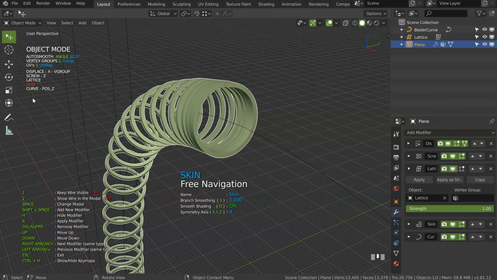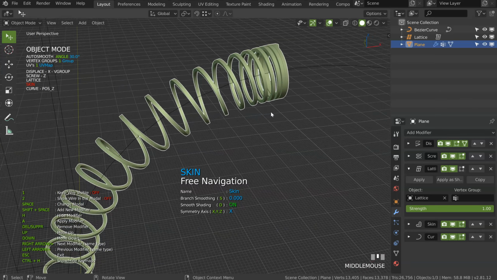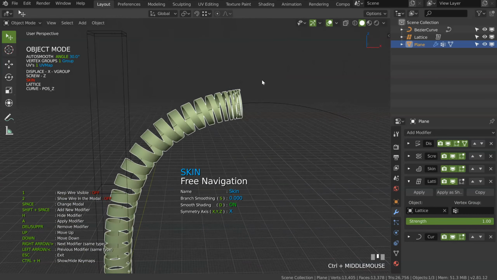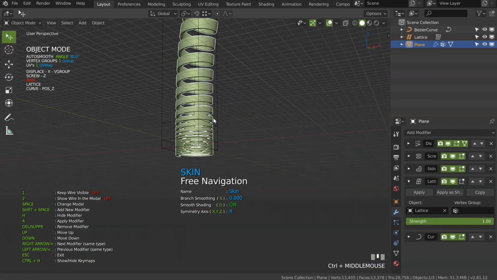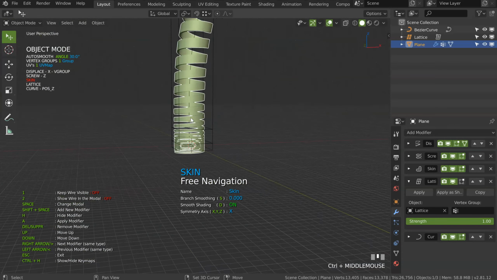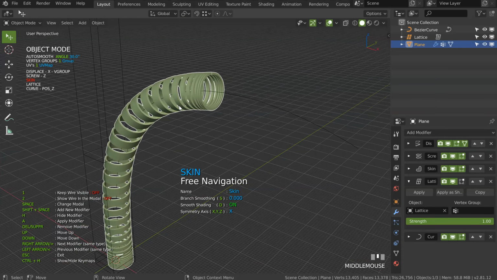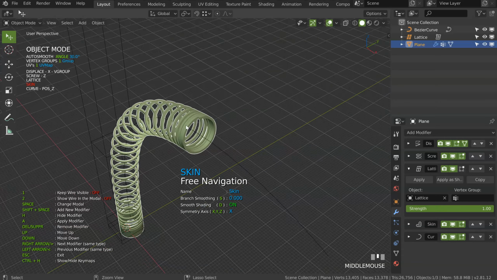Or maybe no, just before the curve. Normally that should work. Let's see before the lattice. Now, as you can see, that will not give you the result, but it's interesting to have these two, as you can see. This is also an interesting workflow if you want to make such an asset, so pretty nice too.